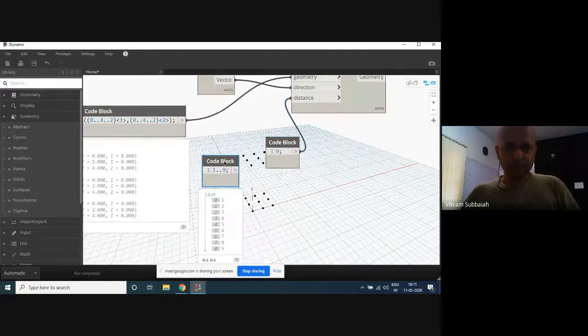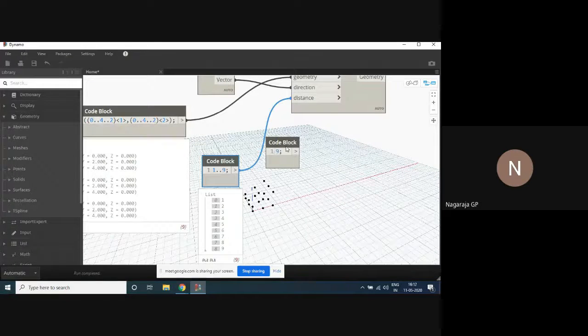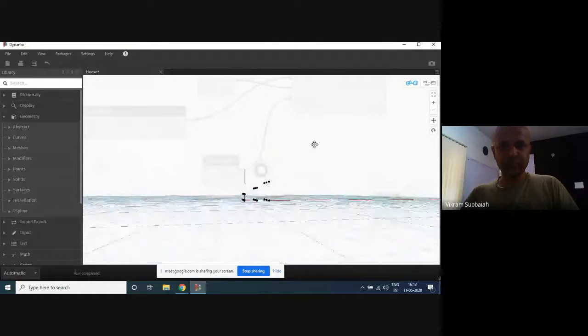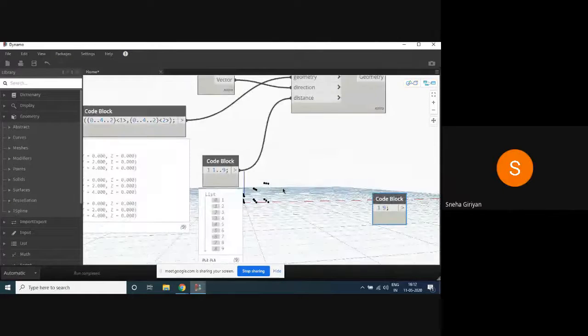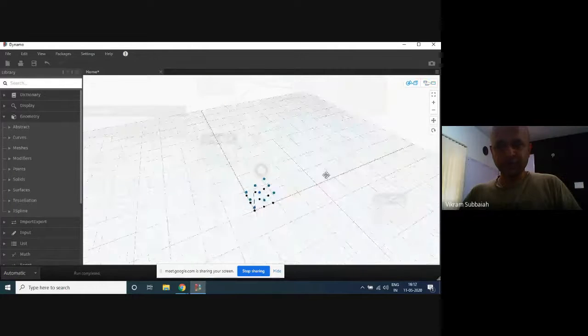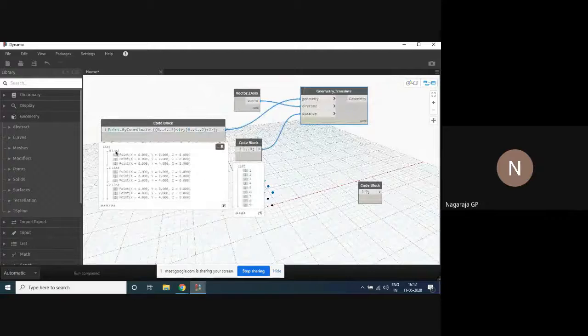Now if I say 1:9, what do you think will happen? Want to guess? No? Okay. Each point will not be at a different height. You see what has happened? It has moved points, but it has moved each list of points.